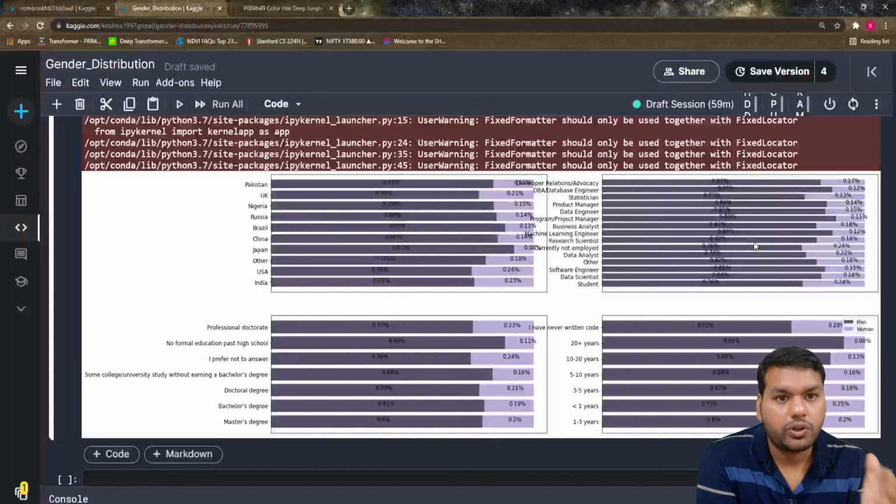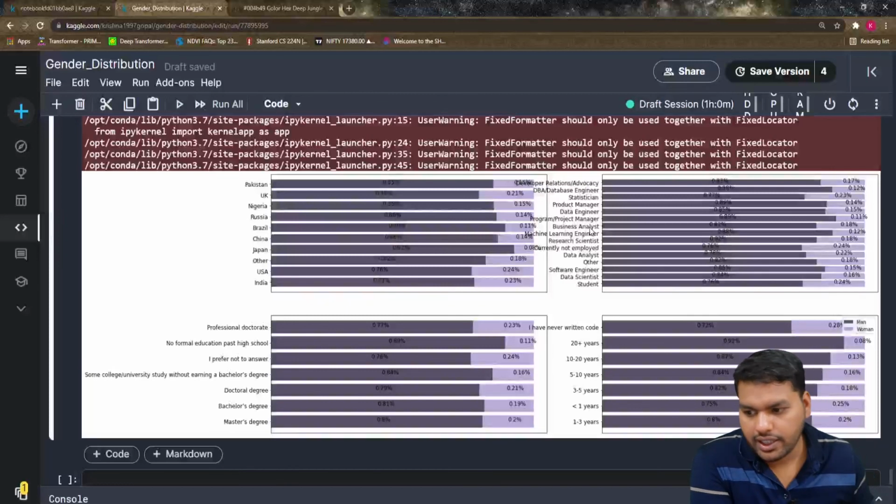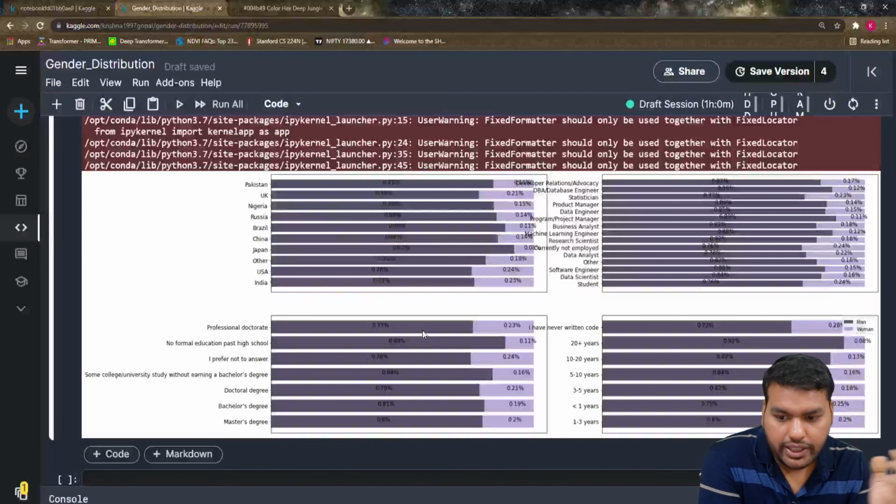So in the next video we will talk more about further analysis of the questions, and how we will perform another analysis. Until then, if you are doing this Kaggle competition with me, then you have to go and clean this curve and make it better compared to the other curves. Like we can see how many bachelors and how many masters women there are. I prefer to say that 24% are women, and for professional doctorate 77% are men. Similarly, for those with 20 plus years of experience, women are very few, only 0.08%.